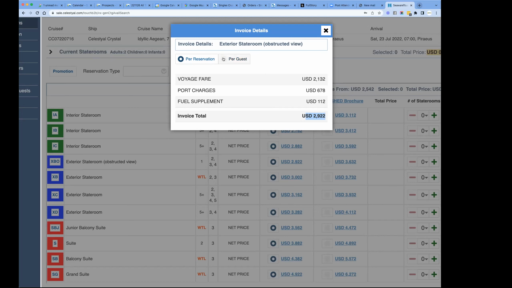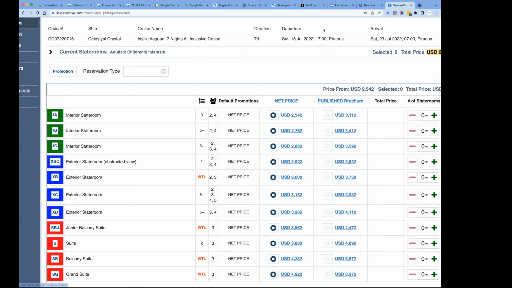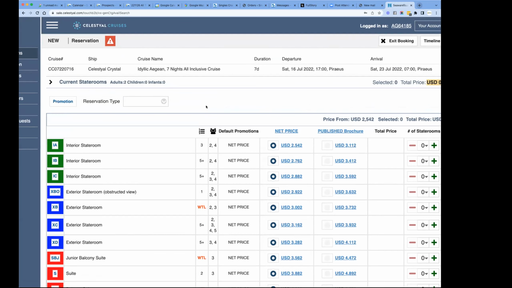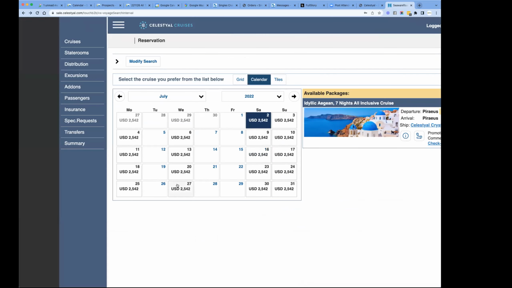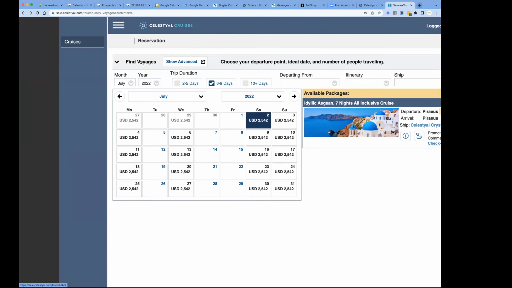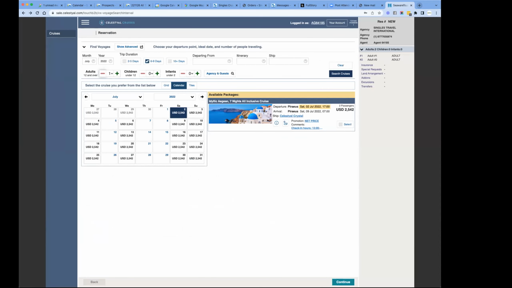And so let's say we sell out and now we've got to move to a new price point. This is something that we do with all the other cruise lines. We've already sold out our single allotment. So if you go back, you specify for a single person. So exit out of here, because the system automatically, and then at the bottom, you can go back. If you scroll all the way down to the bottom, there should be a back button. Yeah, there we go. Back, modify search. So see here, perfect. So now you put it for a single,